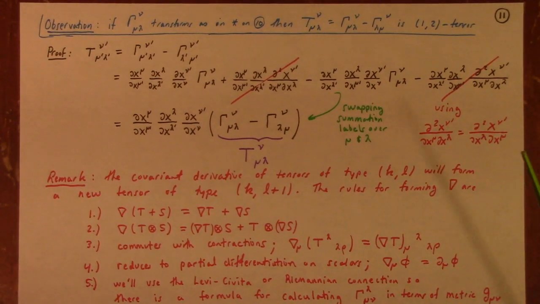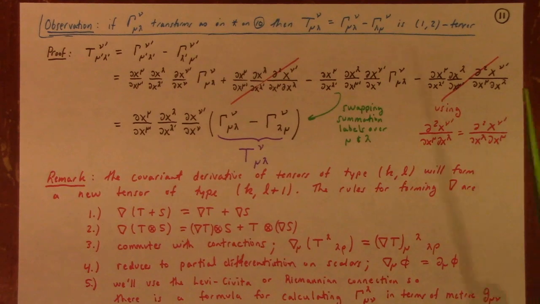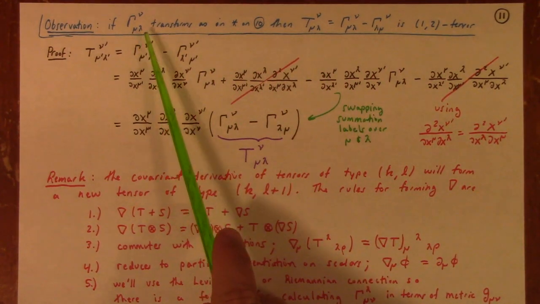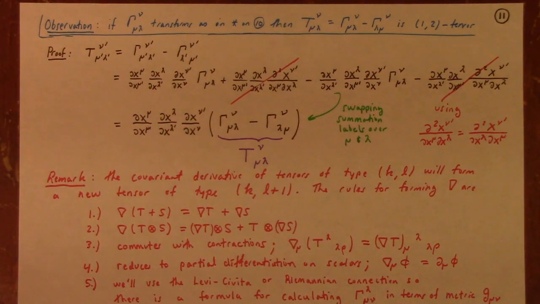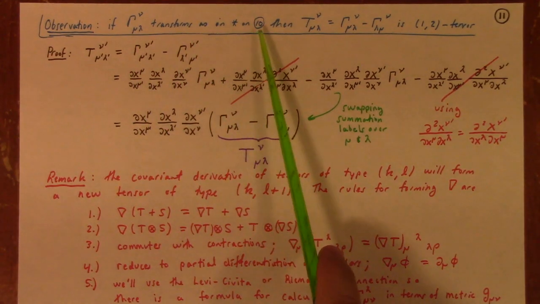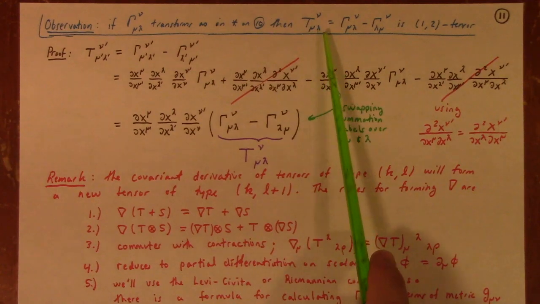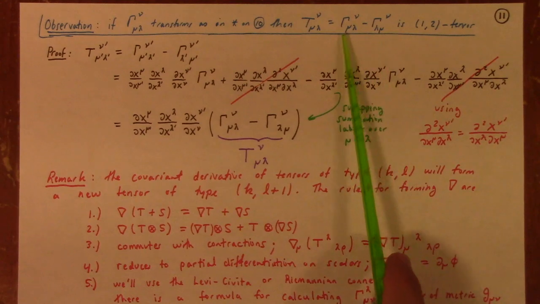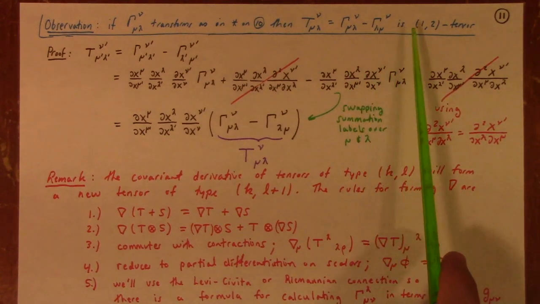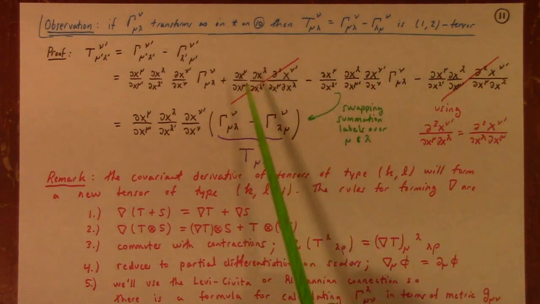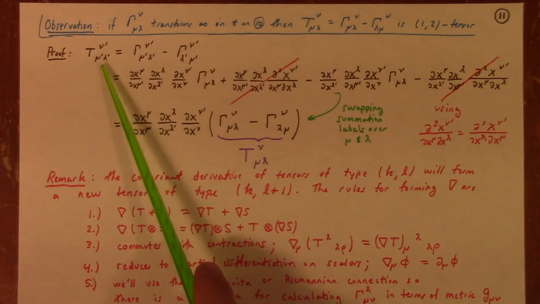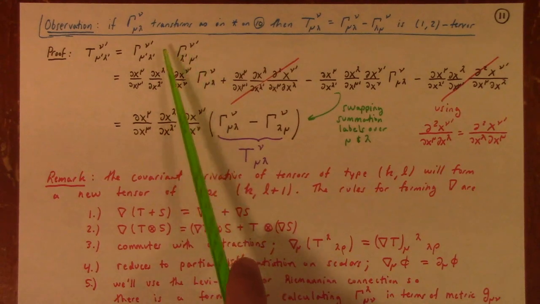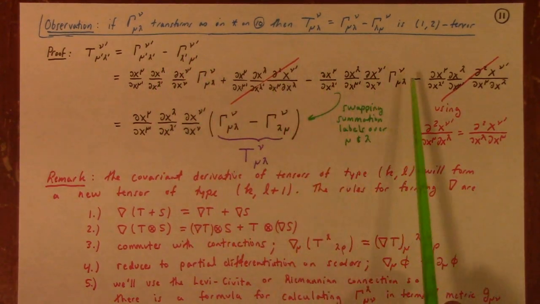So next, an observation: if the Christoffel symbols, let's just call them connection coefficients for the moment, transform as above, then if you define T nu mu lambda as this antisymmetrized difference, that actually gives you a (1,2) tensor. To check that, check its transformation law. What happens if you look at T in prime coordinates? Well, it's the difference of the gammas in the prime coordinates, which